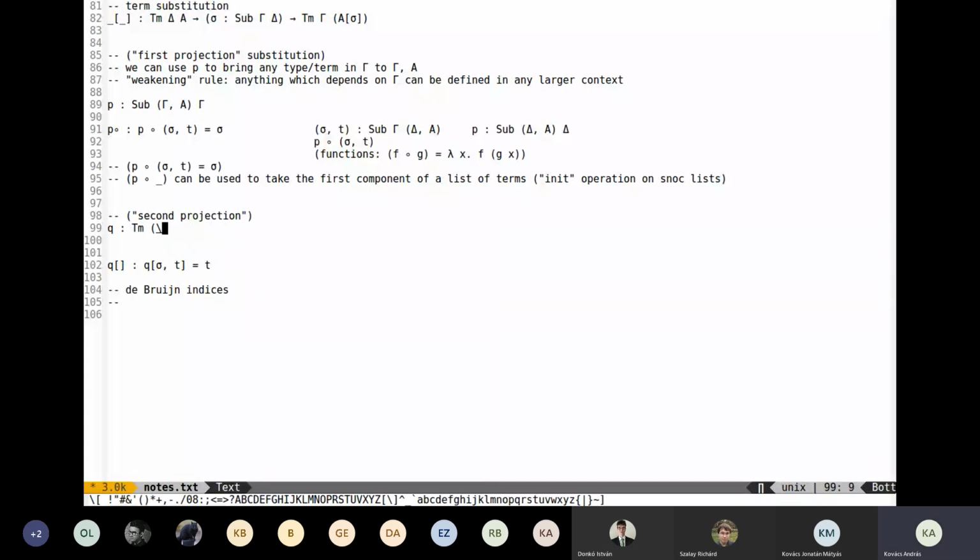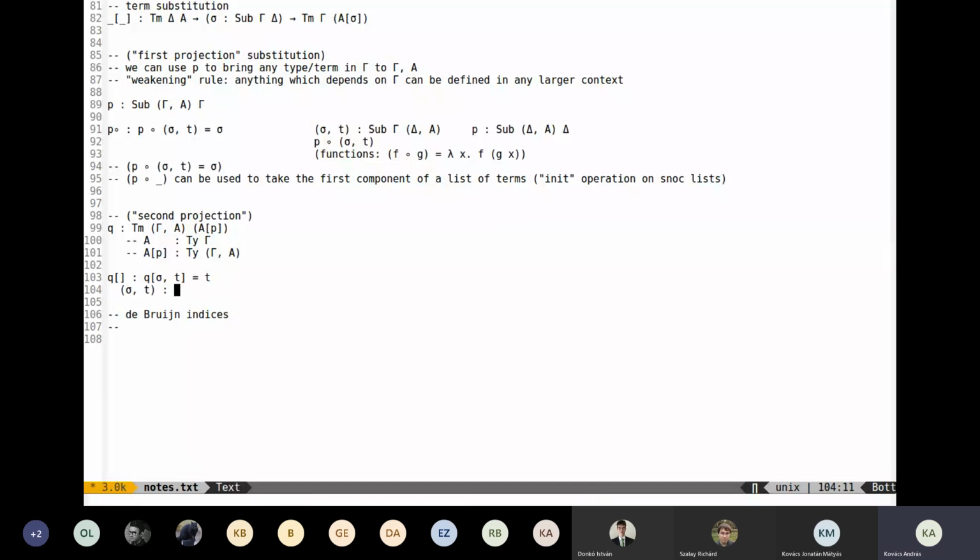Okay, actually this is not like this. So this is like this. So we have a term which lives in an extended context and has this type. I'm very sorry. So A is a type in gamma. So if we do an AP, then it's a type in gamma A. So that's why this expression here is well typed. And then if you think about it, now this equation makes sense because